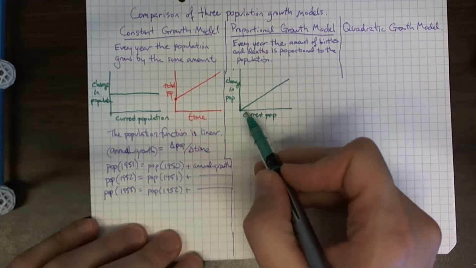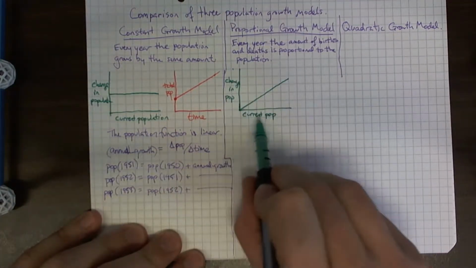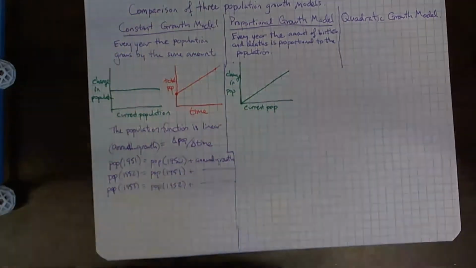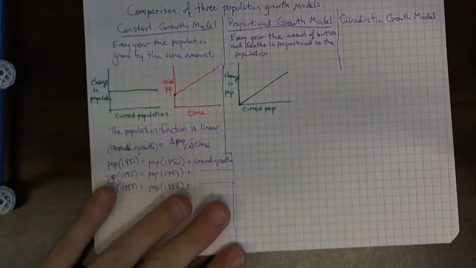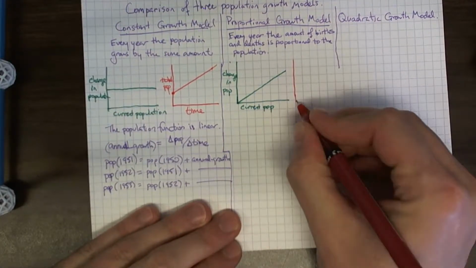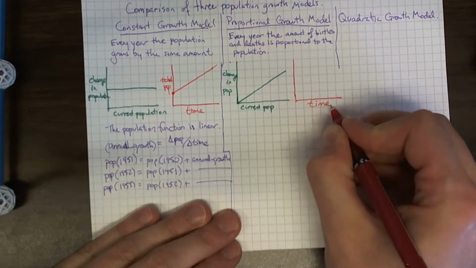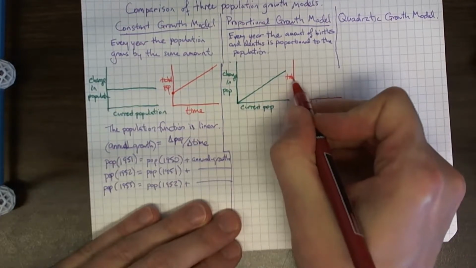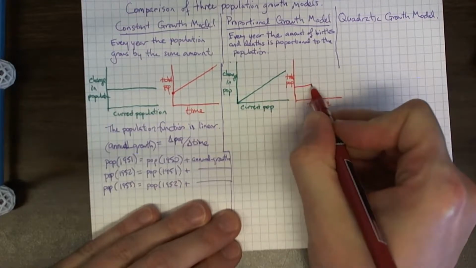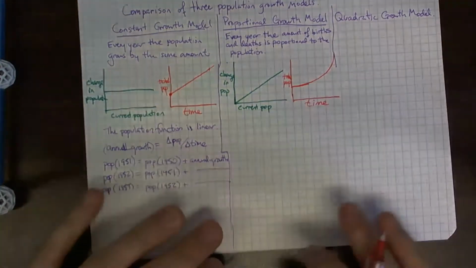So what this is saying is that the amount of births and deaths are proportional to the current population. Now, with this type of growth, you would expect the population to increase exponentially over time. All right, and so you start out with some initial population and then you grow and you increase exponentially over